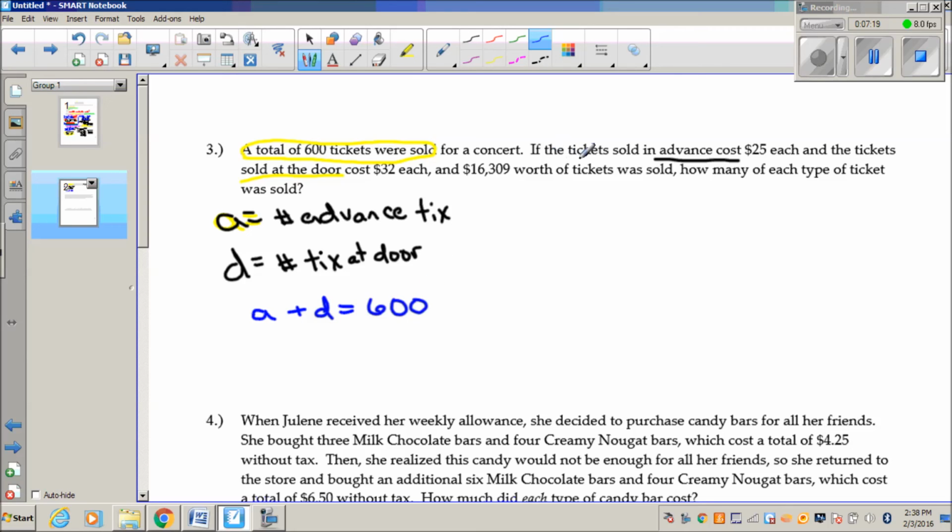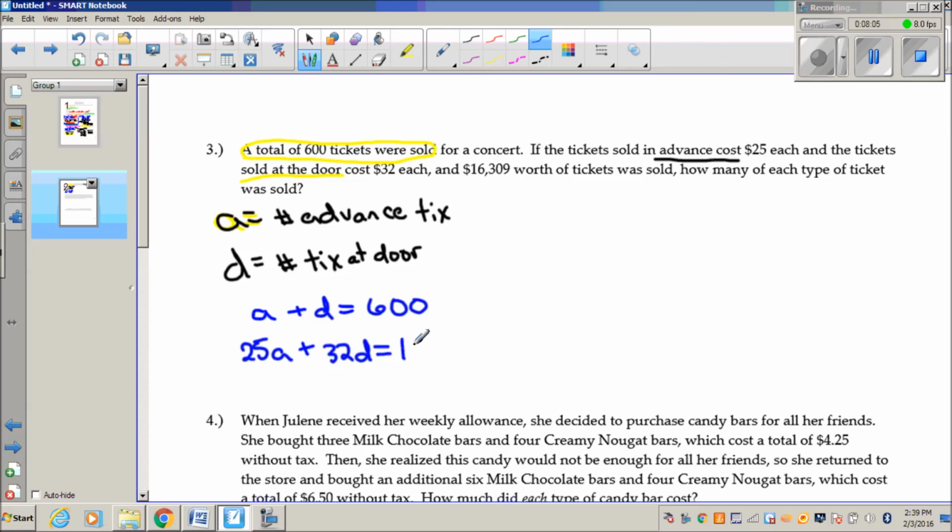Advance sale tickets plus the tickets at the door added up to 600. That's my first equation. The tickets in advance cost $25. The tickets at the door cost $32. And they raised $16,309. Okay, so notice that this first equation had to do with how many tickets were sold. The next equation is going to have to do with the cost, the value of the tickets. Well, the ones in advance cost $25 a piece. So I'm going to write 25A plus the ones at the door cost $32 a piece, 32 times D equals